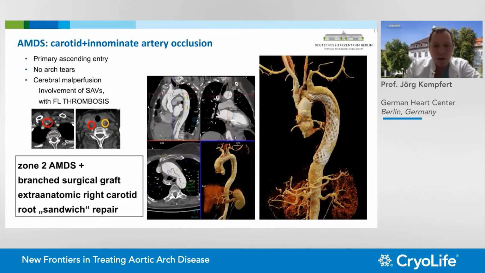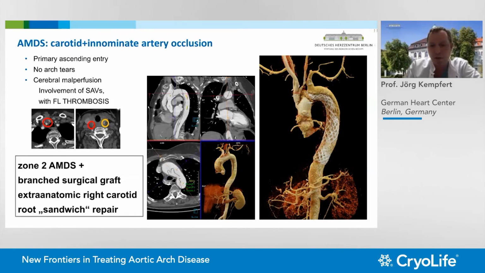So this is basically the exact same case. We have cerebral malperfusion, complete occlusion of the right carotid, as well as occlusion of the innominate artery. And also again with false lumen thrombosis, so we need to do the modified perfusion with end-to-end to the left-sided carotid, right-sided carotid, sorry, so the extra-anatomic. However, there was no primary tear in the ascending, and also there was no real arch tear,